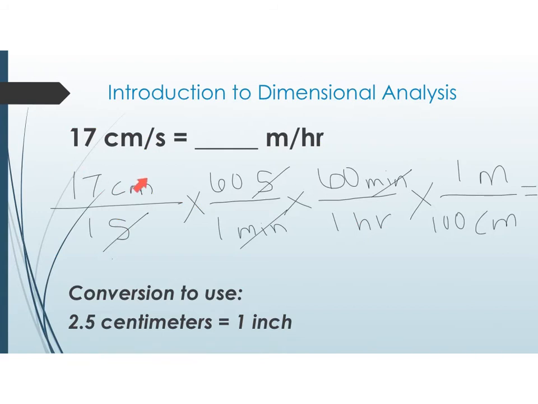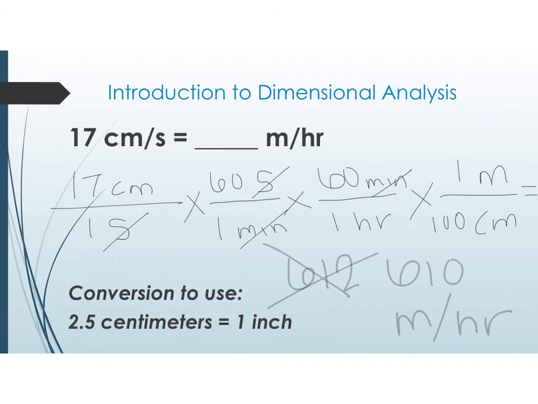So I can multiply the numerators with each other, and then I can multiply the denominators, and then divide what I got with the numerators by the denominators. That will spit out 612 as my answer in the calculator. But if you notice, I've got 2 sig figs in my given, so I can only have 2 sig figs here. Right now I have 3, so that's a problem. So I need to turn 612 into 2 sig figs. So this is going to be 610 meters